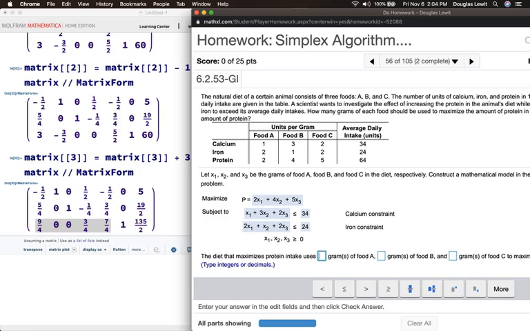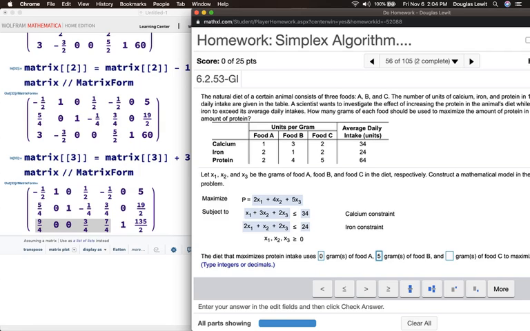Let's look at the first column. The first column is not canonical, so we assume that the value is 0. 0 grams of food A. Look at the second column, which corresponds to food B. Where is the 1? The 1 is in the first row. So if we go to the end of that row, we see the number 5. So that's going to be 5